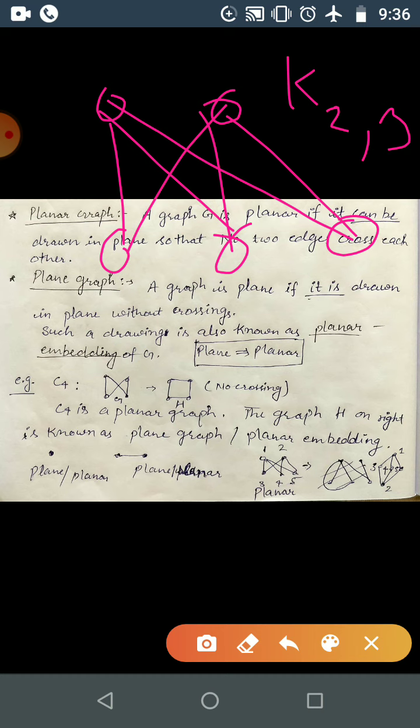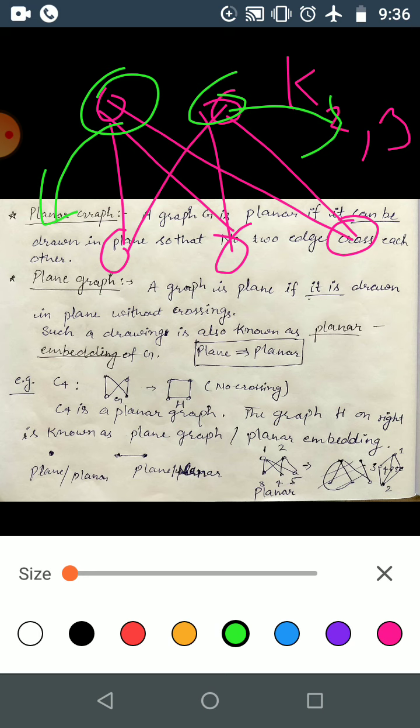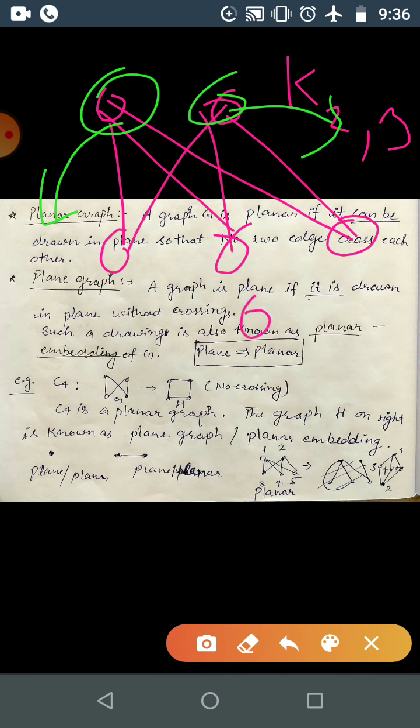So here what I will be doing, I will be taking this one and twisting like this. I will be unfolding here and this one. So just pick these 2 vertices and unfold these. So what you will get, you will be getting this one, and this one. Three vertices. These three vertices are this one.